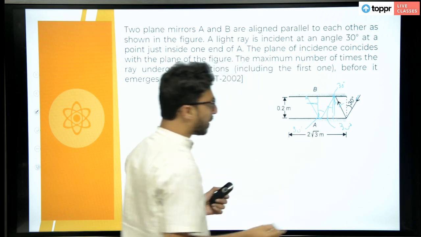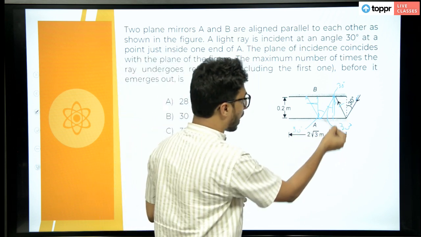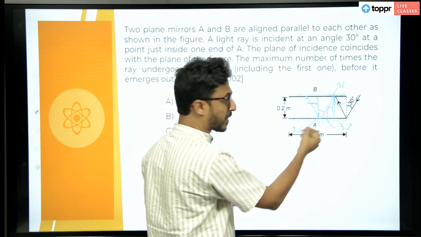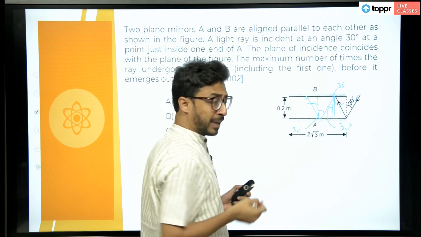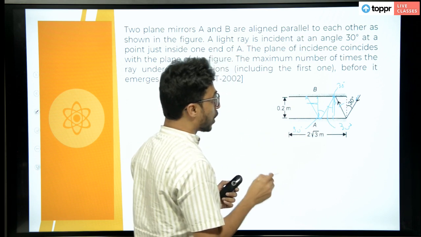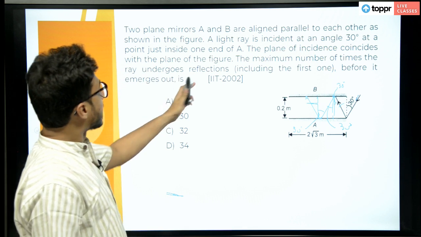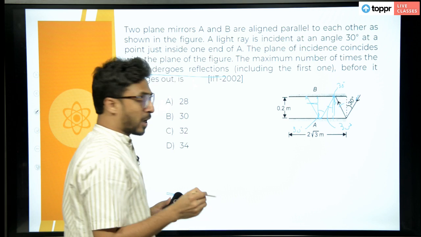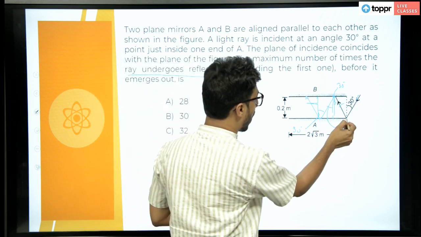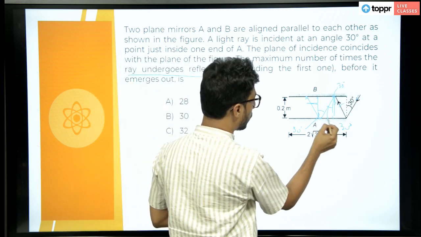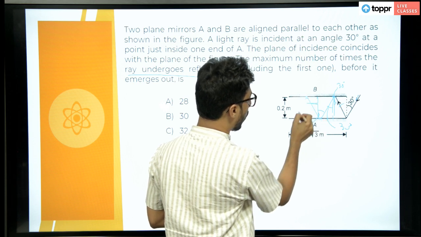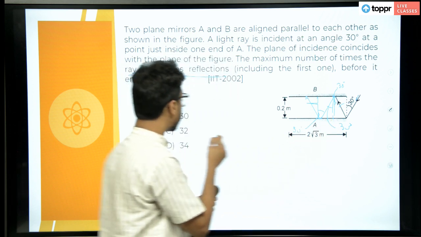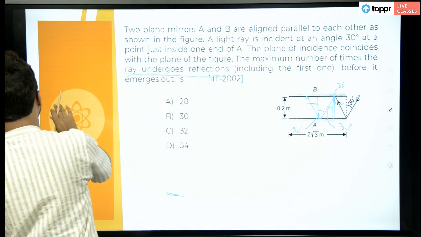So, there will be a number of consecutive reflections, one after the other, because of these plane parallel mirrors. So see, the question is the maximum number of times a ray undergoes reflection. Now see, the ray is undergoing reflection 1, 2, 3, 4, 5, like this, all this number of times. If you see properly,